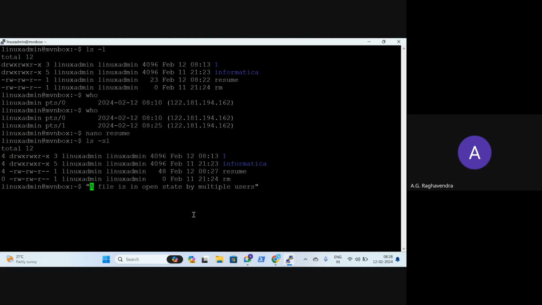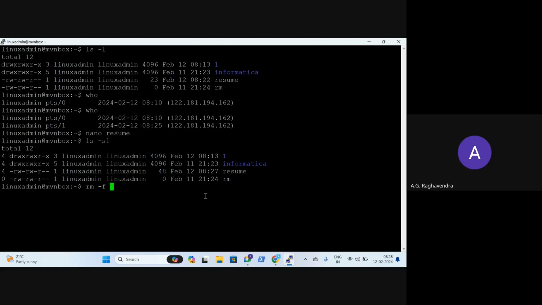So I open it. The night shift administrator, who is supposed to sleep by now, also opened it, and everybody is editing it. Who will win the final war? The last save person will win. The person who actually saves last will win it. This is bad. We don't want multiple people to open the same file. So keep in mind. That's a worrisome matter.